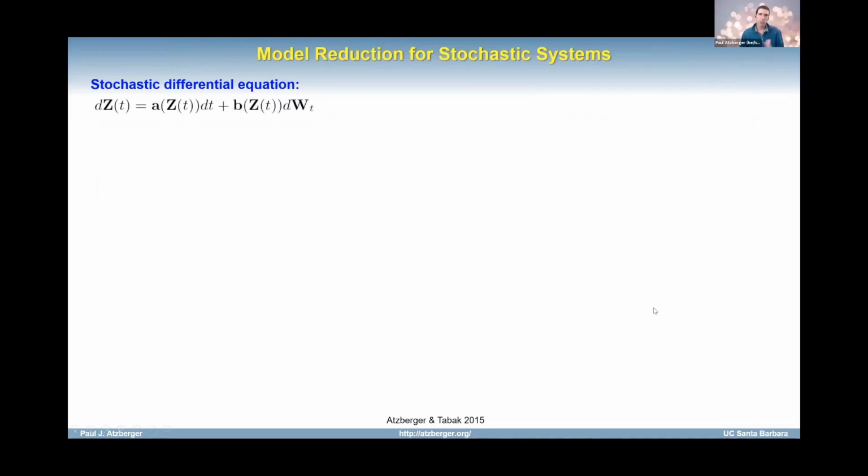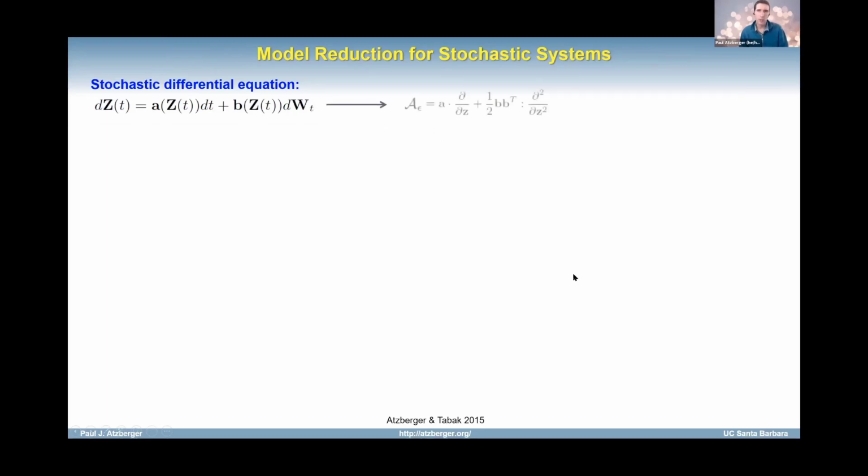Again, this is going to leverage tools from stochastic analysis. I'll really refer you to the papers for a lot of the details, but I just wanted to give the big picture idea, which is that if I have a stochastic differential equation, as I'm showing here, I'll just lump everything into this variable z, but you can think about that as being the fluid mechanics, the microstructure mechanics, etc. There's some drift and there's some covariance term that acts on that.